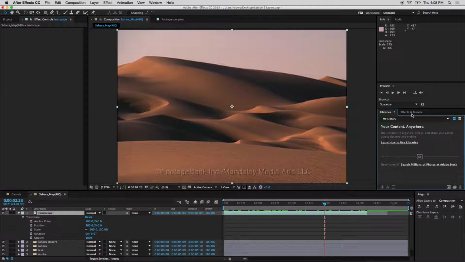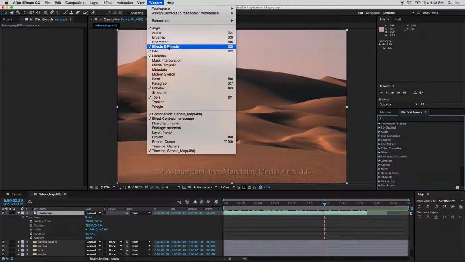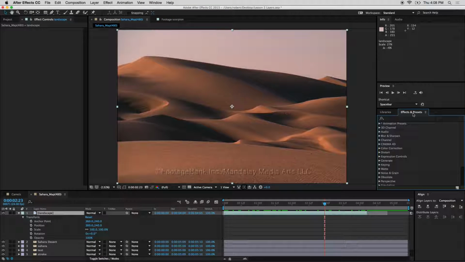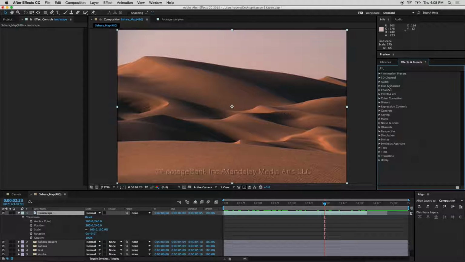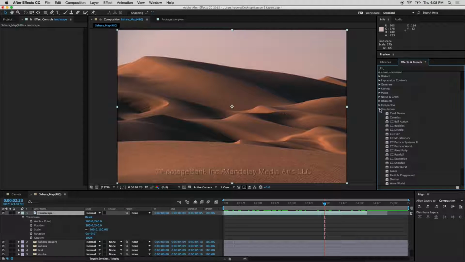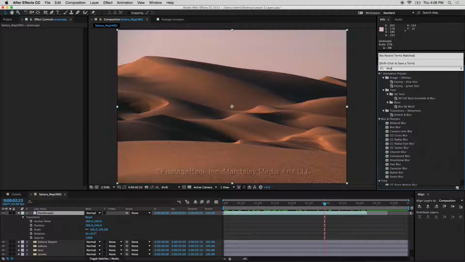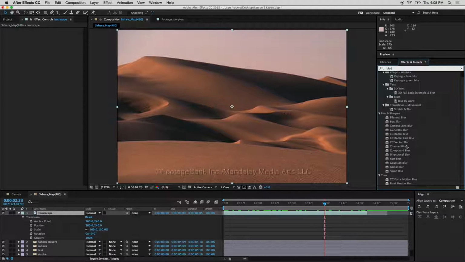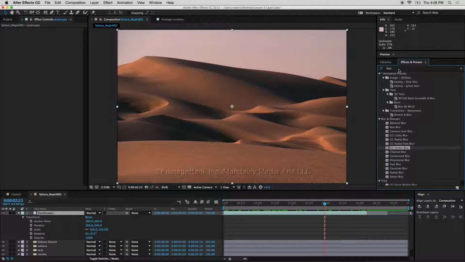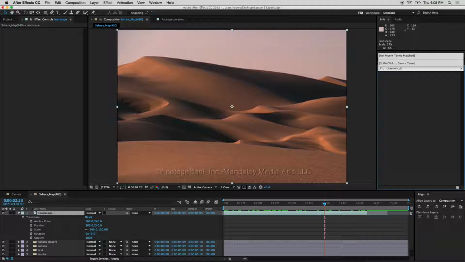there in your standard workspace, but you can also get it by going to Window, Effects and Presets. Let's make this a little bigger so I can actually see it. And these are all the same ones we saw before: blur, color correction, generate, perspective, simulation. So you can go and open it over here. The really nice thing about this window is, one, it's always open, and two, you can actually search. So if you want to search for a blur, you actually open all the different blur options and you can